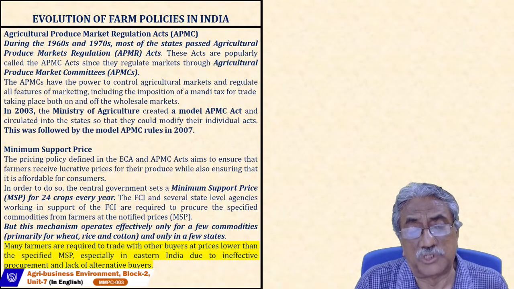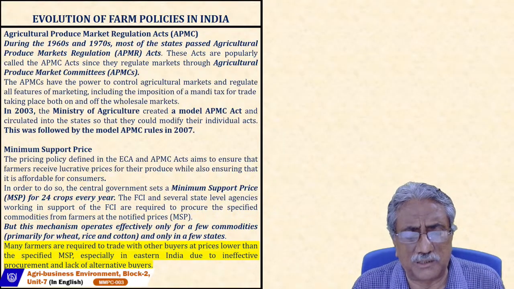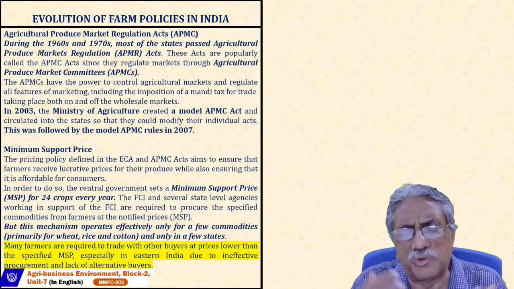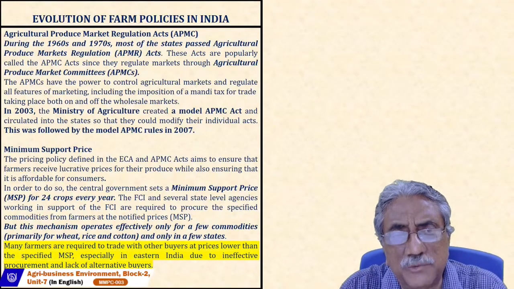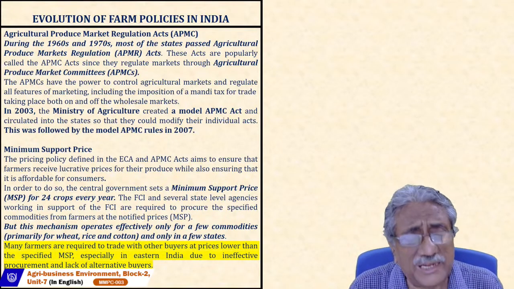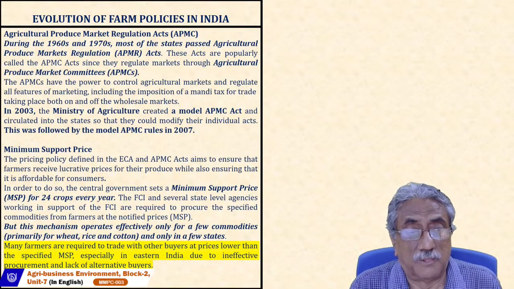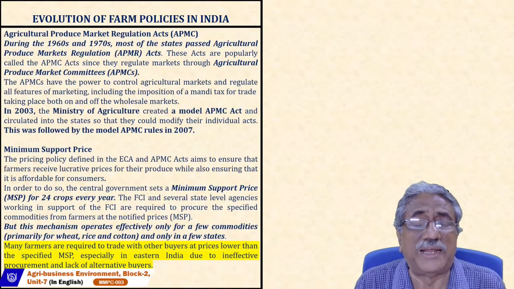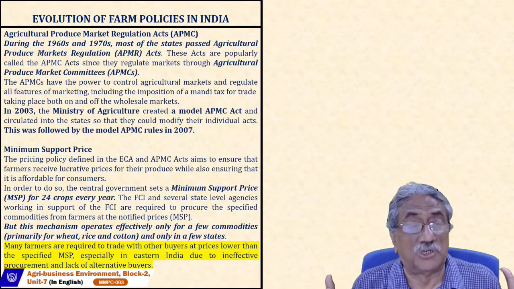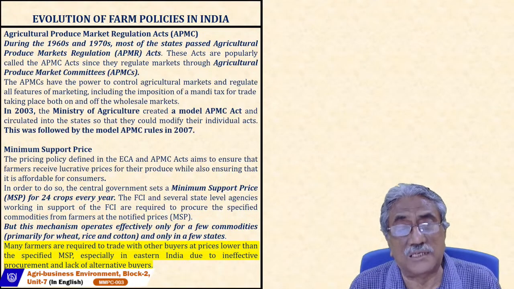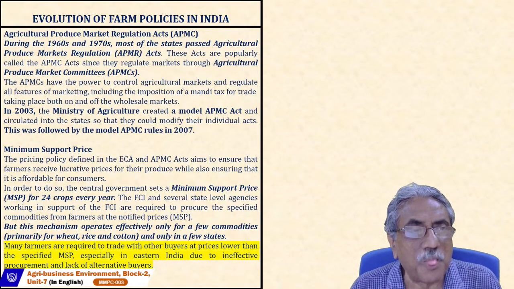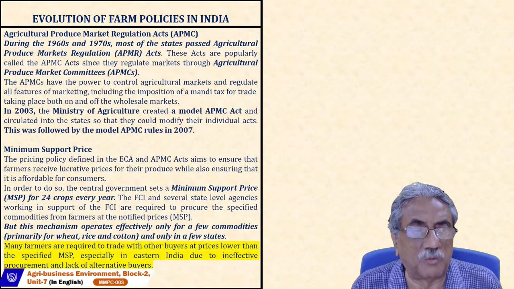So many farmers in West Bengal, Bihar, and Jharkhand, now Jharkhand, earlier Bihar, were suffering the problem that though there was a minimum support price, they were never getting it. They were selling at much lesser. In fact, many times they were selling below cost. You have seen perhaps that many times in Maharashtra and other places, they throw the onions or the produce on the road, because given the cost and the price they get in the market, there is no point in selling it. It's better to waste it. This is the level of frustration of the farmers.